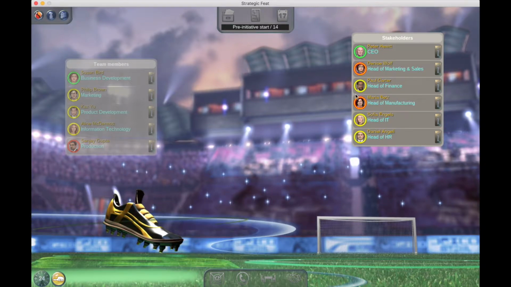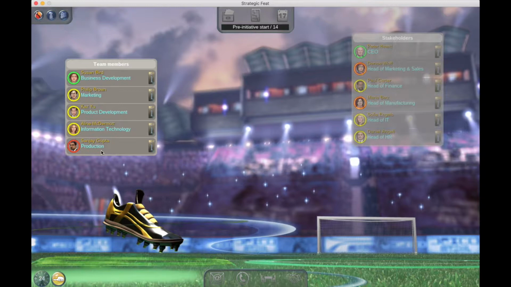Green is good to go. Yellow is all right, it indicates a positive feeling. Orange is starting to get a bit upset, and if you have anyone who's red, such as Sanjay here on your team, it means that the person is not very happy right now, and that could have negative consequences on